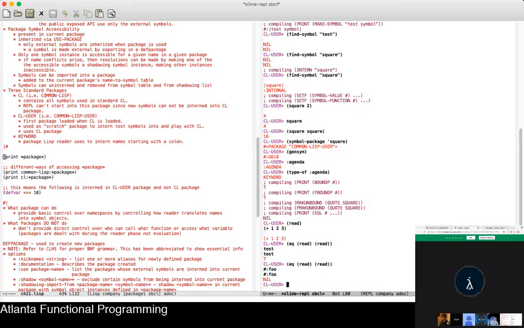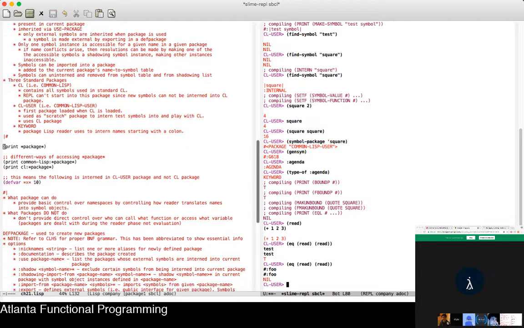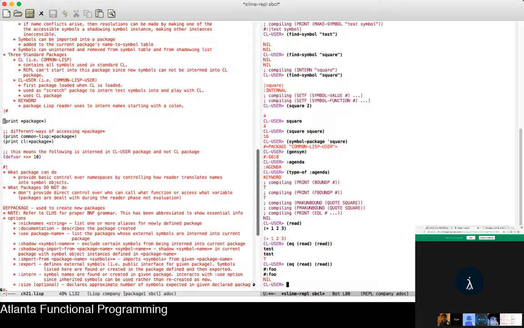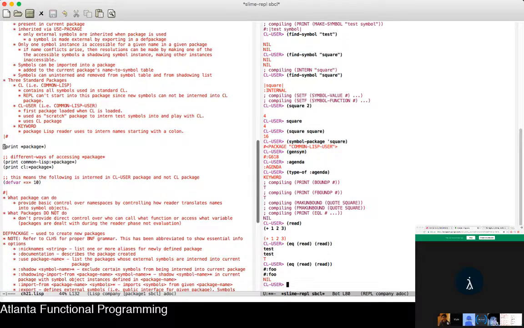That's not actually true. You bind a value to a symbol, not to its name. I'll touch base on that a little later when I give some examples. But just to continue on this discussion,